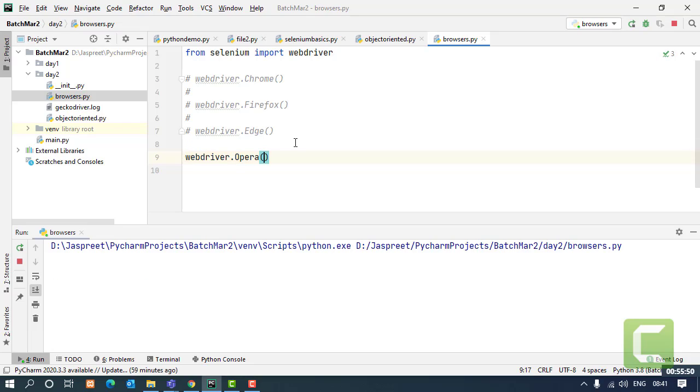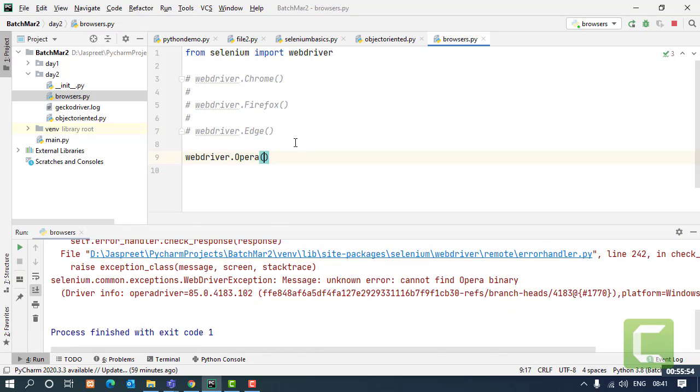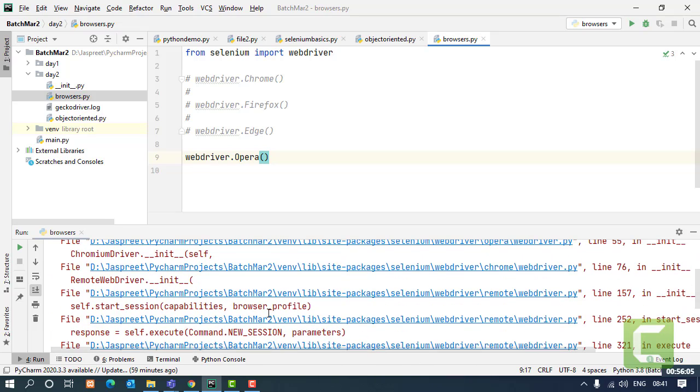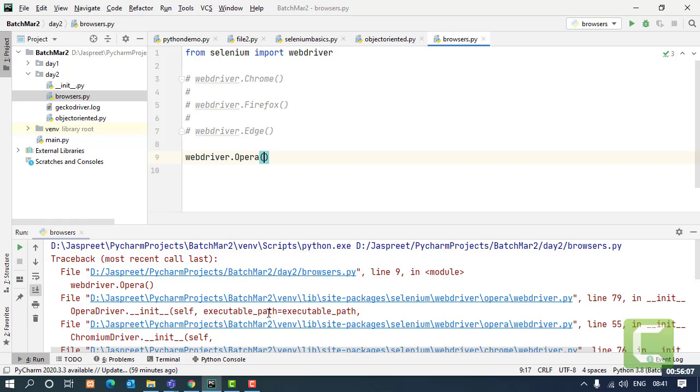So if I save this and I run this, cannot find Opera browser. Yeah, might be there is some version mismatch because of which I'm getting this issue. But this is the same way you can open up the Opera browser as well. Just need to look for the correct driver with the correct version, and that's it.